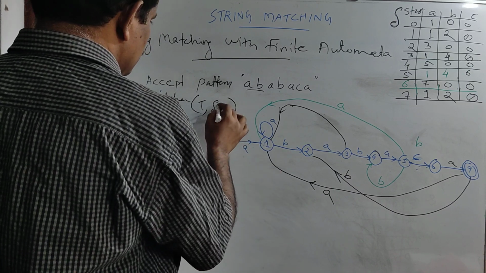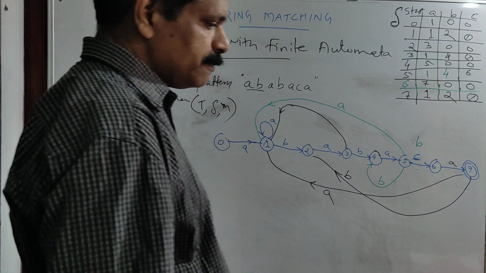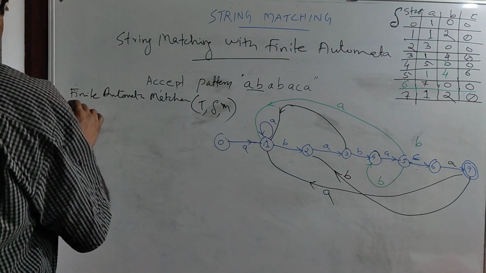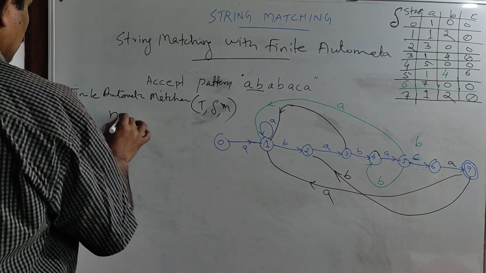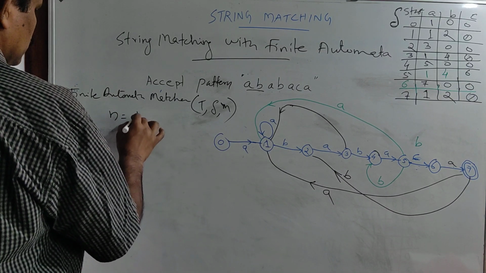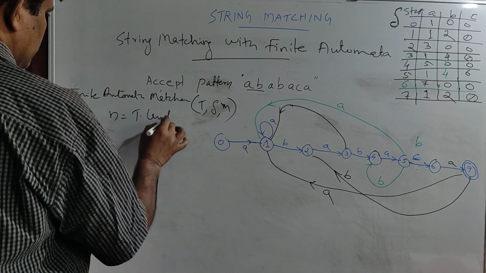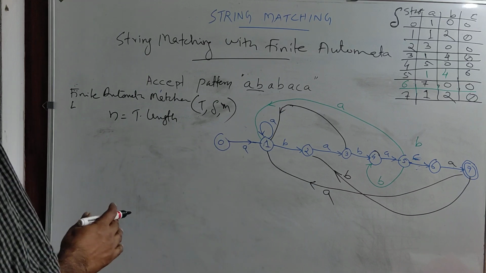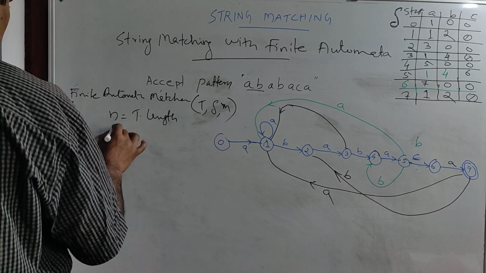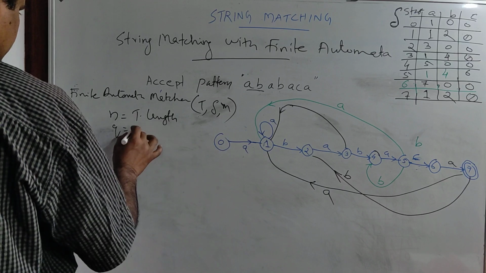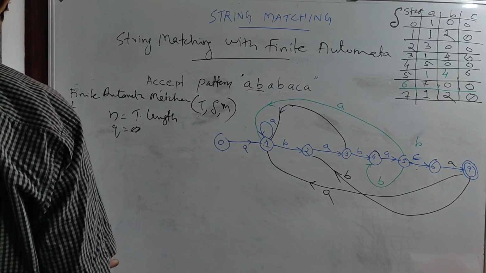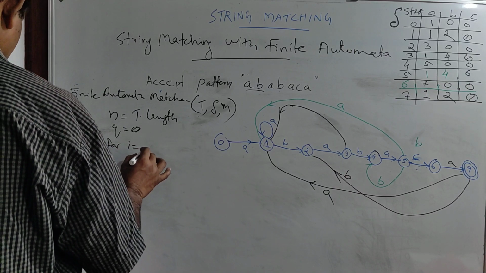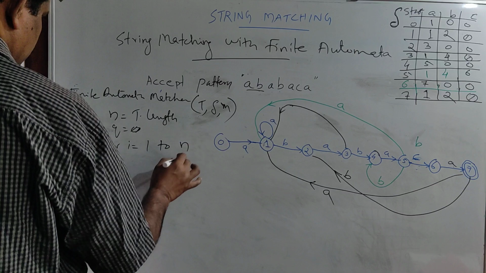M is the length of the pattern, n equal to t dot length, the length of the input string. q is the state, its initial value is 0. Then for i equal to 1 to n,